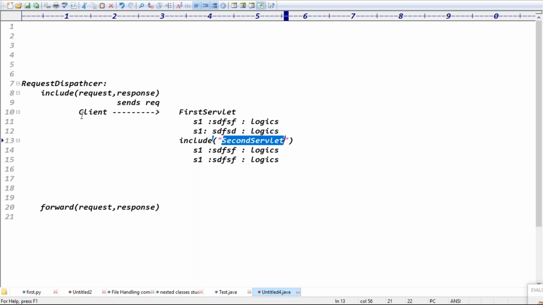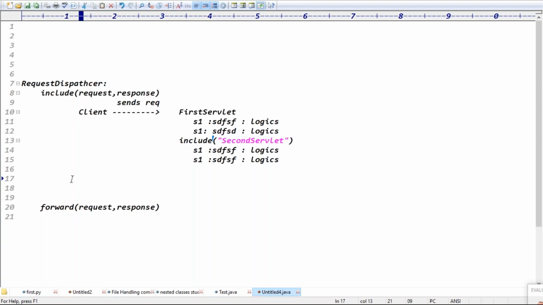In the include mechanism, when we include other servlets, all the servlet responses are added into the response object. Then that response reaches the client browser. That statement is clear.